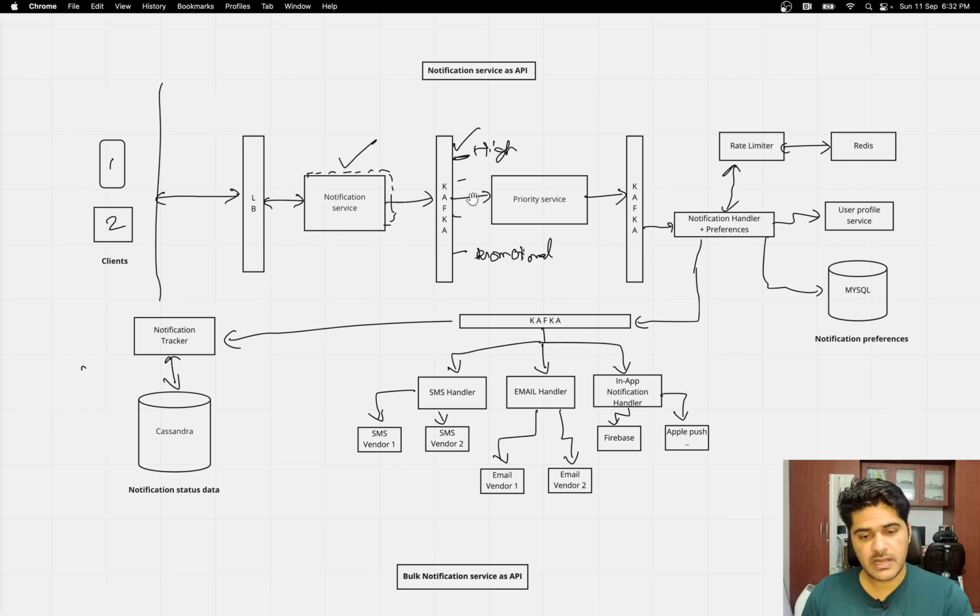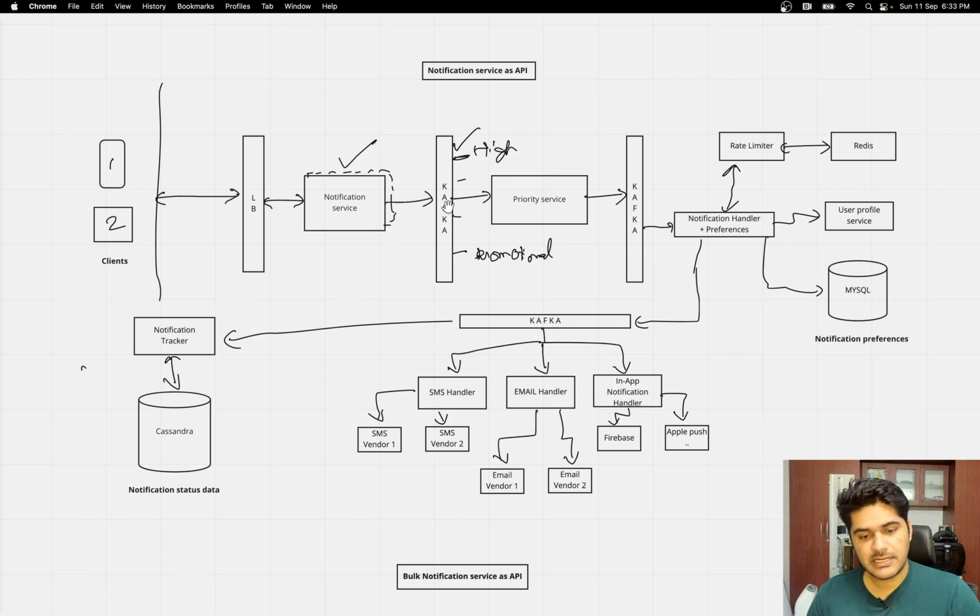In place of Kafka, if you are on Azure, you can use Azure Service Bus as well. Likewise you will define different queues, different channels for different kinds of inputs. I'm going ahead with Kafka because this is very famous in the community compared to other services which we have.